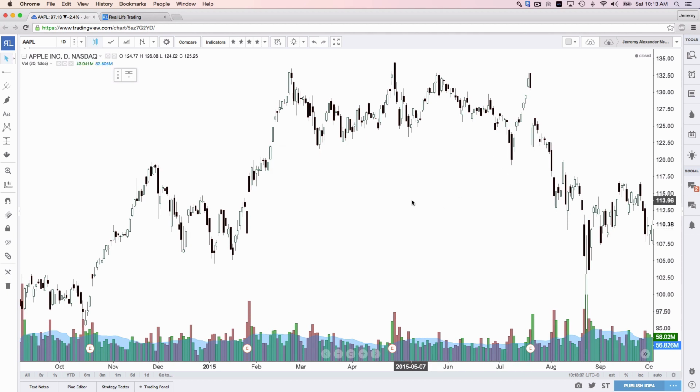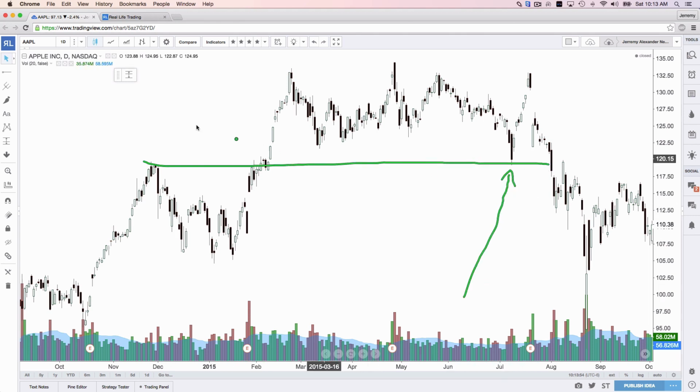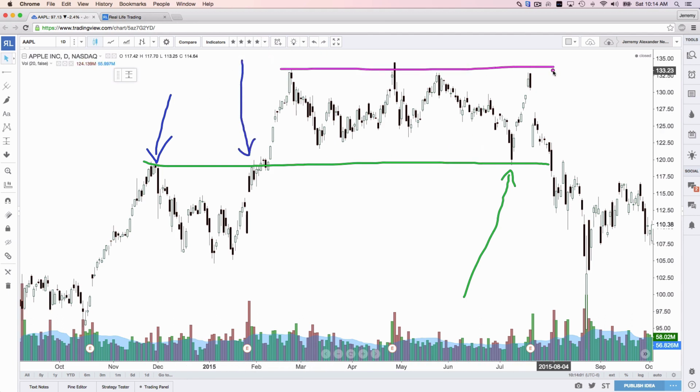Now, also on the bearish breakout, you're going to want to make sure the trend is bearish, okay? If you're taking a bearish breakout, you absolutely 100% need to understand gaps and make sure that gap is trapping people, because this little breakout on Apple right there was not a breakout. It really was just a retest of old all-time highs, pulled back into support, and it bounced again to this resistance.